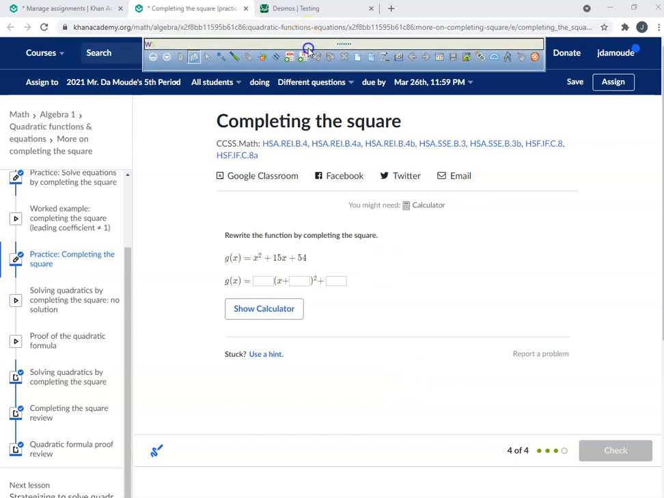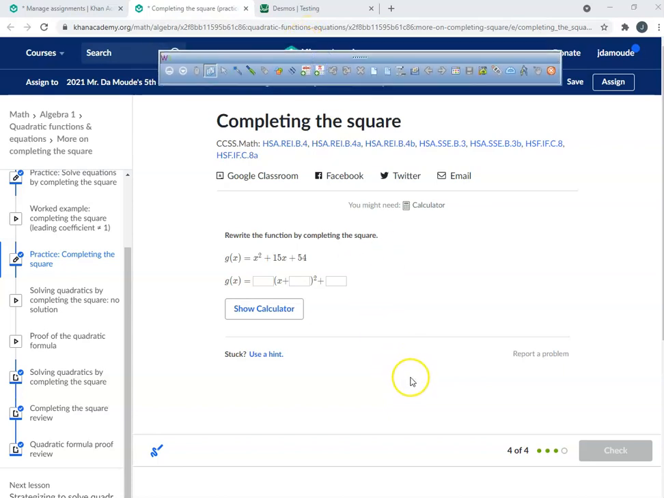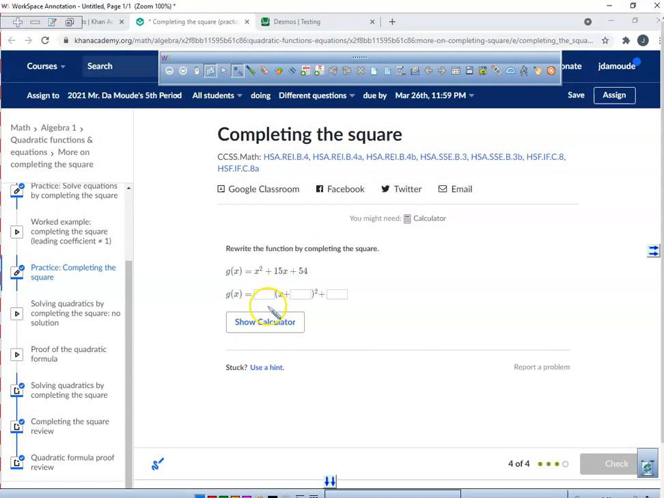Today we're going to be doing the hardest of the assignments dealing with completing the square. It's just titled completing the square, but they should probably have like advanced. So what we're going to do is we are going to learn how to fill in this box and this box and this box. All right, so what we're going to do is we're going to carefully write g of